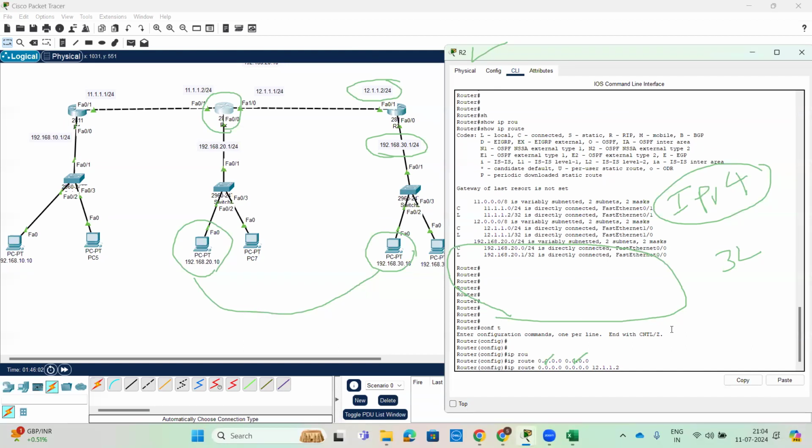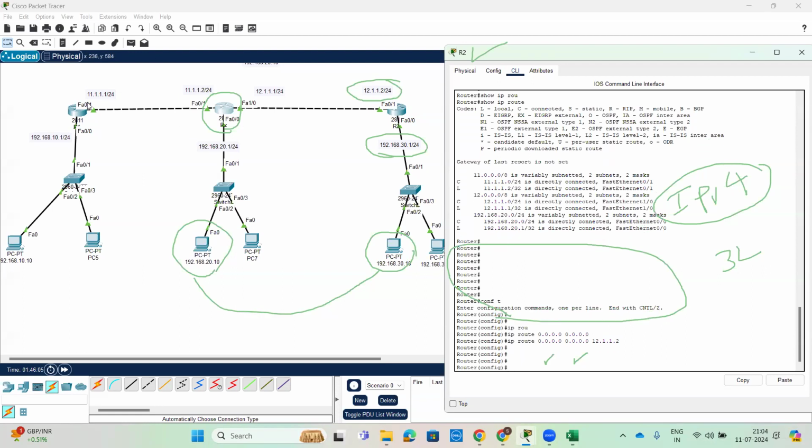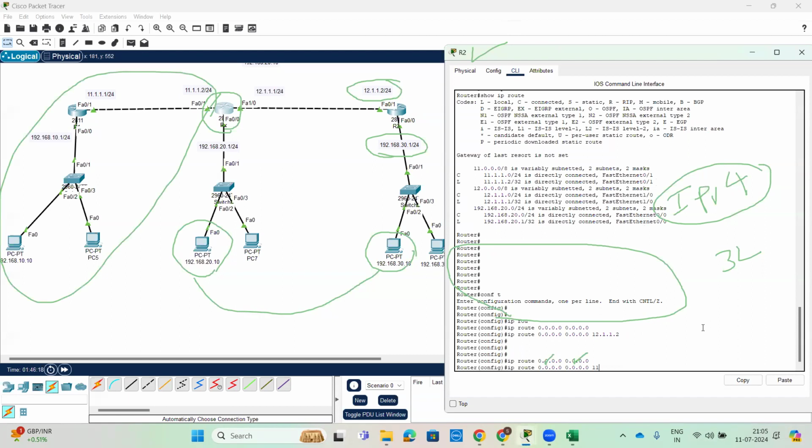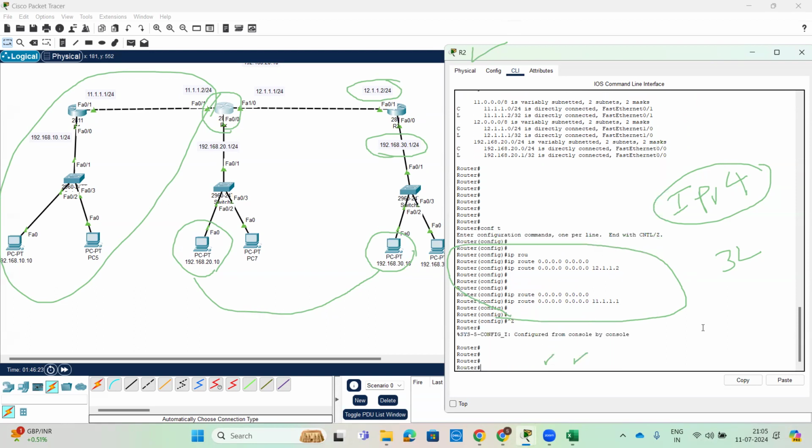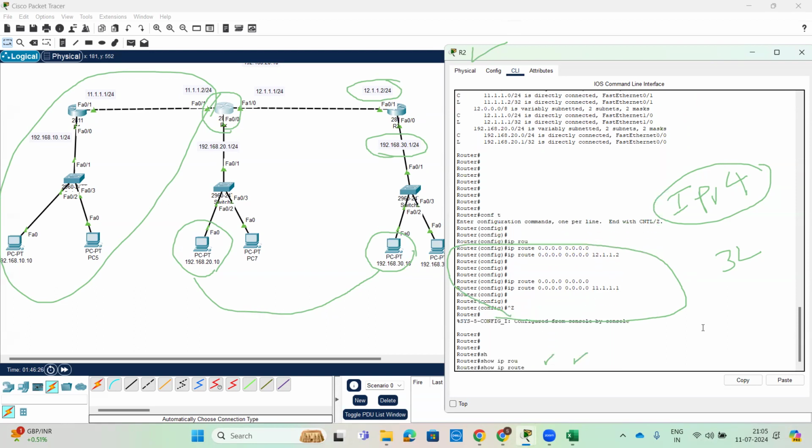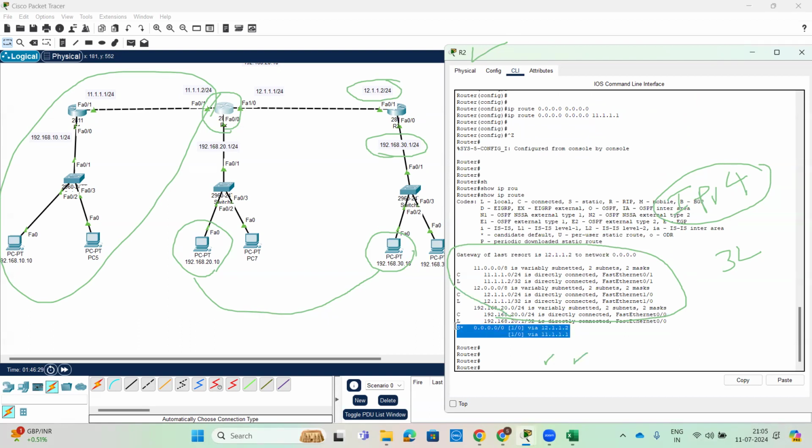1.2.1.2. And I'll enable the same thing here also, for this interface, so we can reach from this interface to this interface also. 1.1.1.1. Show ip route. Now tell me, check here. With this default route, we can reach all IPv4 addresses. Now try to ping it